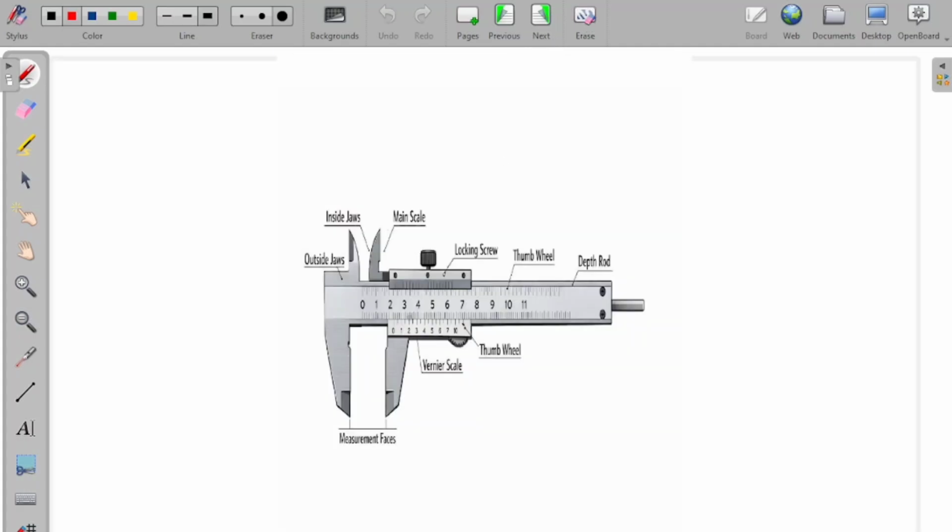Now this is how a Vernier caliper looks like. This is the main scale, the bigger one. This is the Vernier scale. Readings on the main scale are called main scale reading. The readings on the Vernier scale are called Vernier scale reading. Divisions on the main scale are called main scale divisions, and divisions on the Vernier scale are called Vernier scale